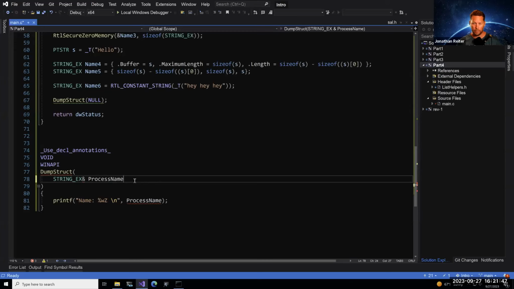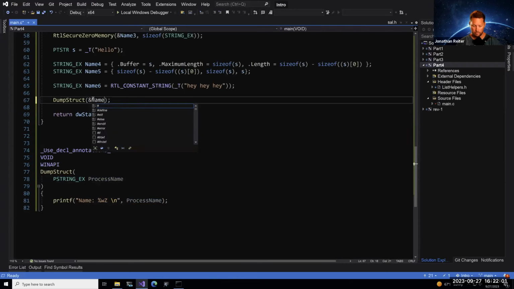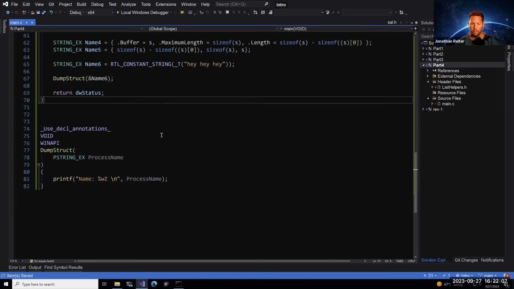That's how you can say, I want the reference of process name. If I ever decide to do an intro series to C++, we'll dive into that. All right. So in any case, back to name 6. Okay. So moving forward